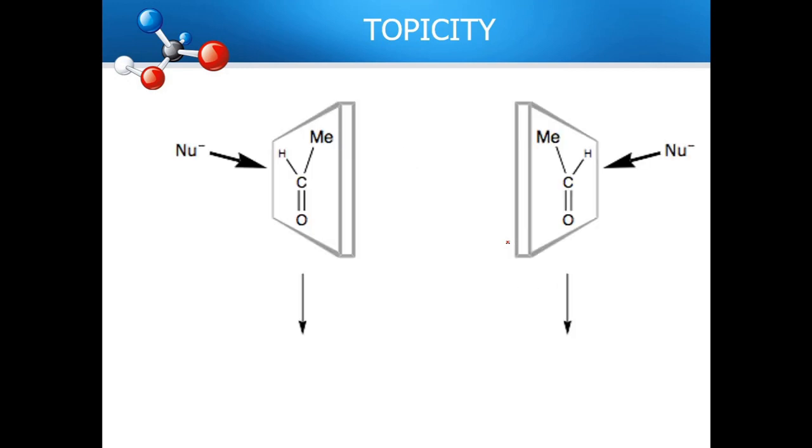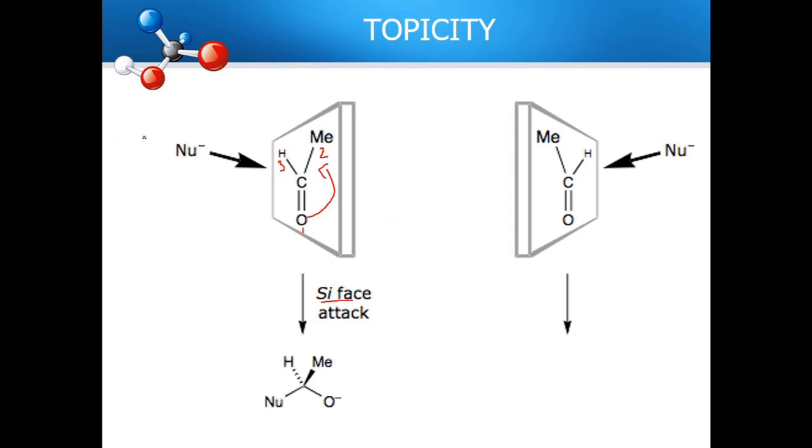Now, let us take this particular molecule, and we are having this molecule in two different orientations, and we are trying to see how this nucleophile can attack this molecule and what happens when this nucleophile attacks. So this molecule, in this case, undergoes a Si face attack. Now what is a Si face? As we have already discussed, a Si face is identified using CIP rules. So we have to number the atoms based on the priority of the atomic numbers, so it becomes 1, 2 and 3. So you move in an anti-clockwise direction, therefore it is a Si face.